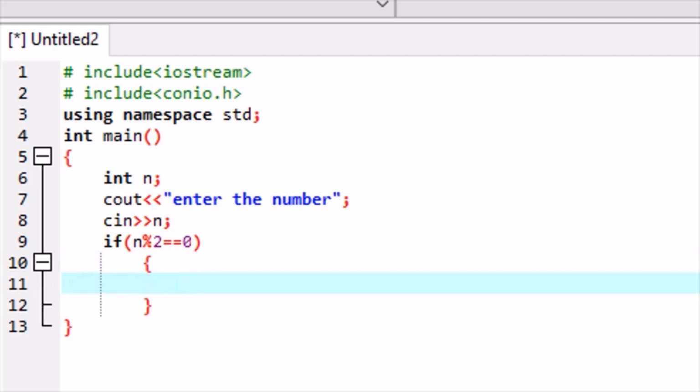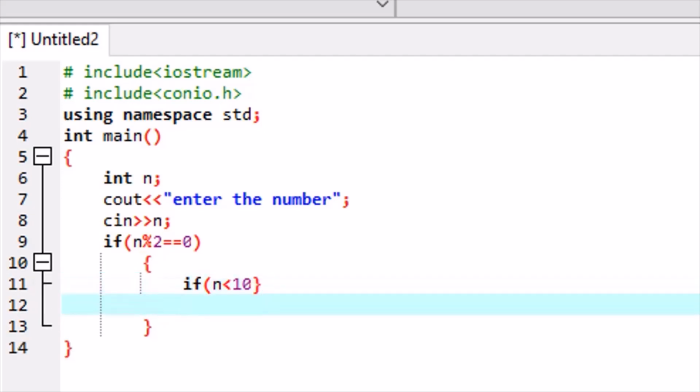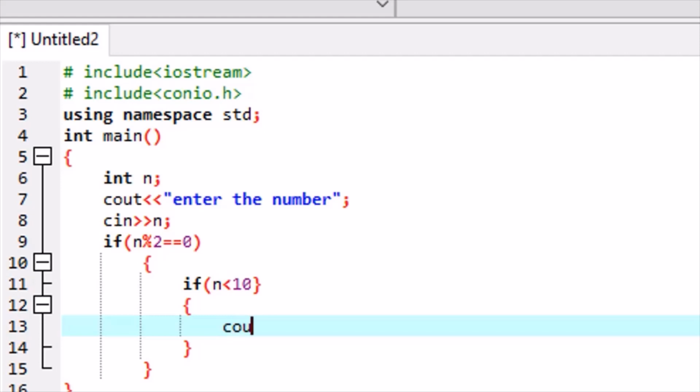For example, if the number is less than 10 or not. So we will put another if here, right? Okay, so we will say if both the conditions are true, you should print what? The number is valid, right? We will say valid, right? And if we run this program,